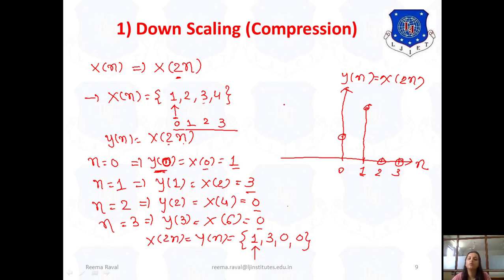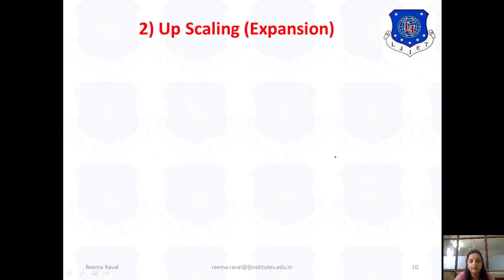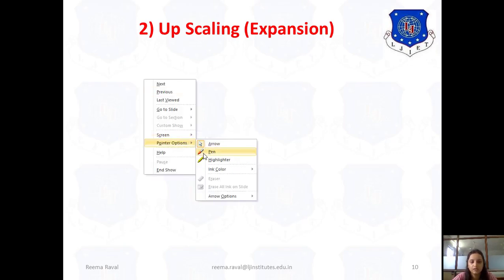So this is giving you a compressed signal or else downscaling of the given signal, right? As you can see, x of n has 4 timing instants with 4 values, whereas x of 2n has 2 timing instants. That means we have compressed the signal by the factor 2. Okay. Similarly, next is upscaling or else you can say expansion. That is exactly opposite to that of downscaling. Okay. We are going to consider the same example for this.